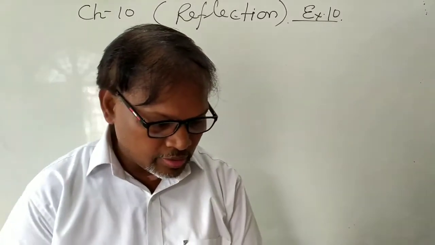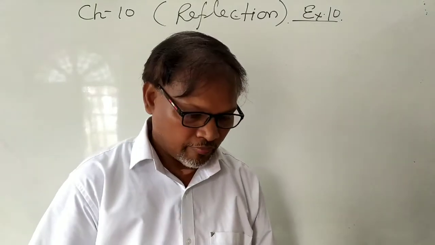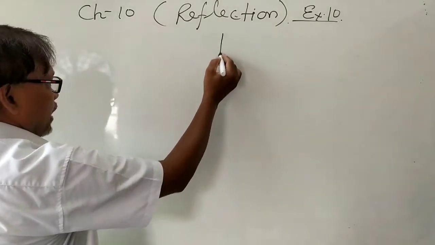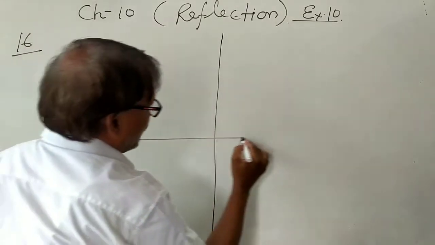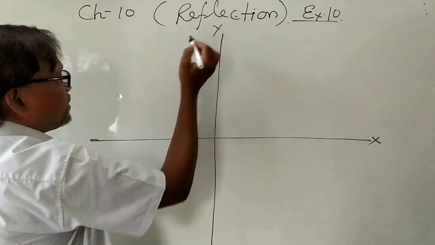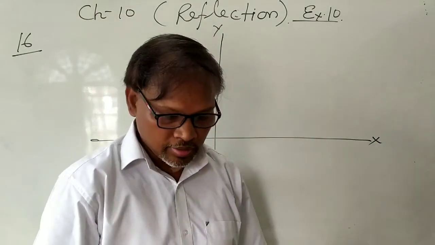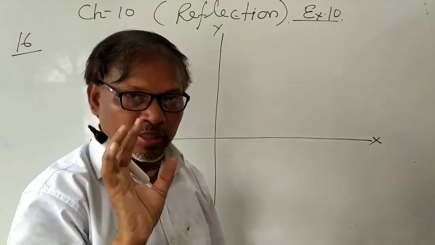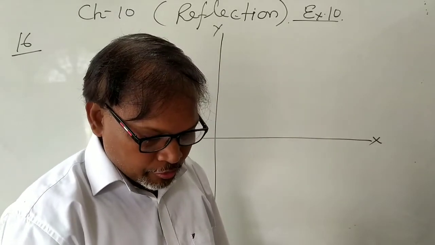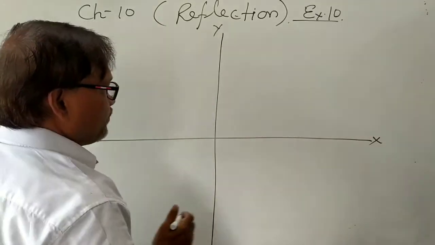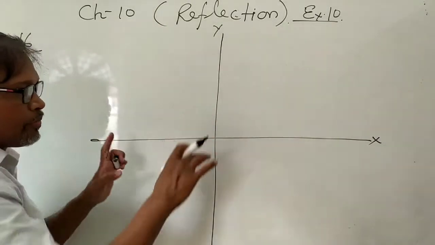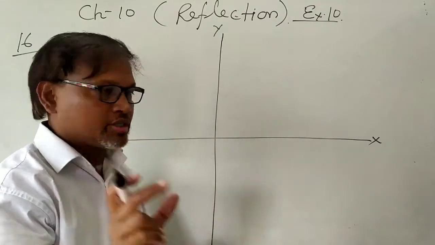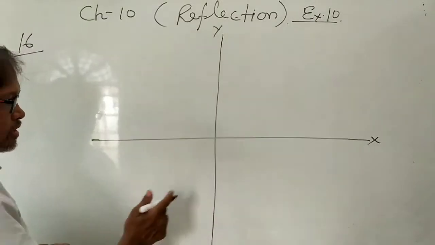So I want to tell some more questions based on the graph. Like question number 16. In the graph paper, I will tell you how to draw the graph. Obviously, you know how to draw, how to plot the points. I have explained everything. Plot the points A (2, -3). First of all, in the graph paper, take the big size graph paper, the full scale, because the big division is there. 1 centimeter is equal to 1 division.